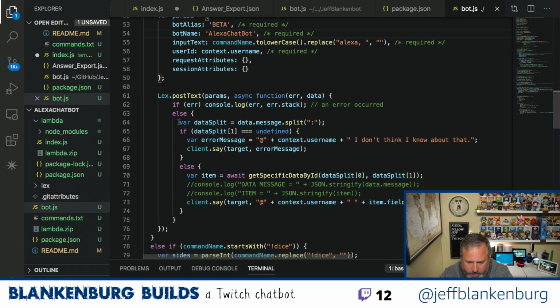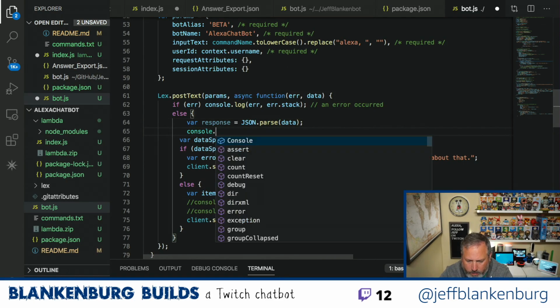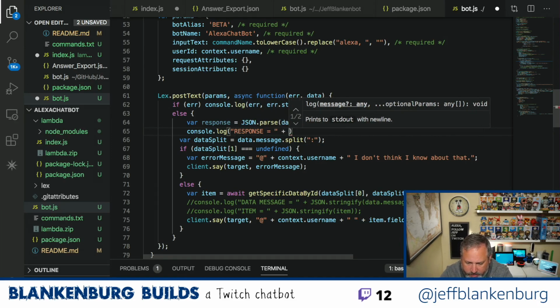And then this whole part isn't going to work because of what I'm doing. So what I need to do is say var data. No. I could say var response equals data, no, JSON.parse data. What I'm doing here with the console log is saying I want to see that object come through and get rehydrated. So here we'll just say response.